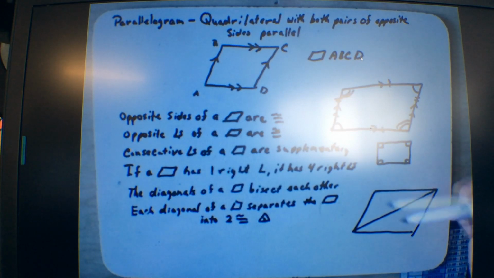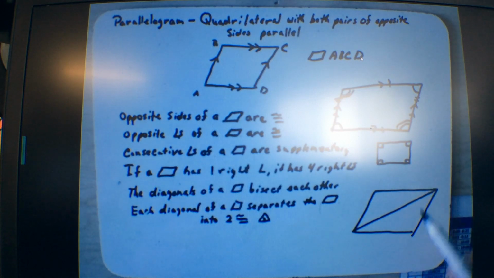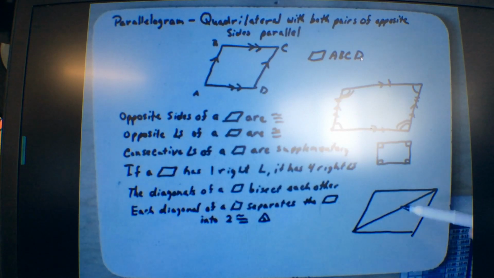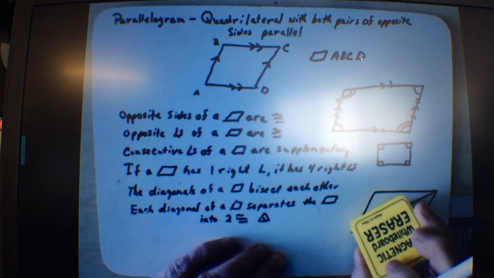And then there's this one here, and I'm not going to draw it right yet, okay? Both diagonals, it doesn't matter which one, separate these into two triangles. These two triangles are congruent because this side is equal to this side is equal to this side, and they share this side. So by SSS postulate, these two triangles are congruent. You understand that? Okay, so what I'm going to do is I'm going to erase this one,